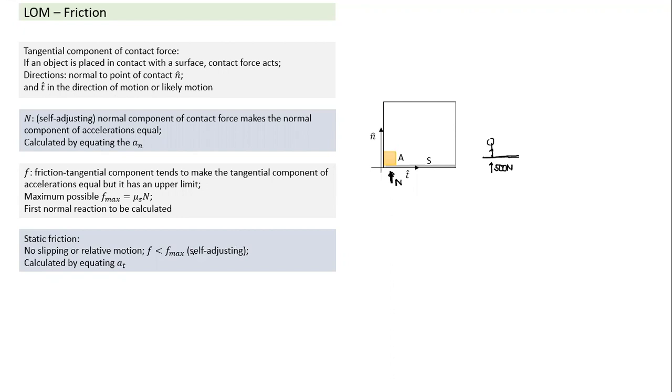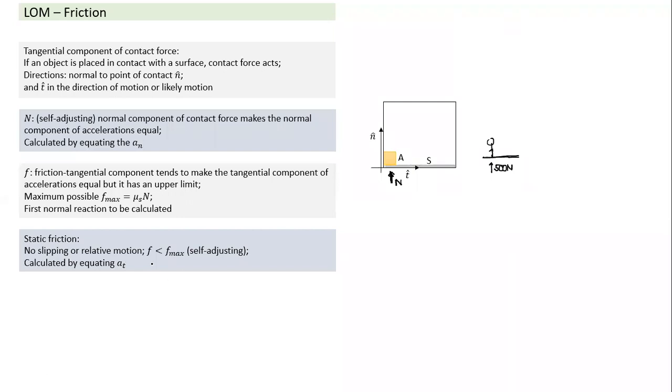It is in the self-adjusting range. Okay, so it is within this limit. How do we calculate static friction in that case? If they are at rest, even the tangential acceleration also will be equal. So whatever acceleration this has, using the tangential component, we calculate all forces acting in the tangential direction, and they should give an acceleration equal to the acceleration of the surface.